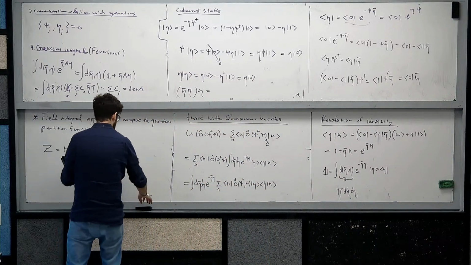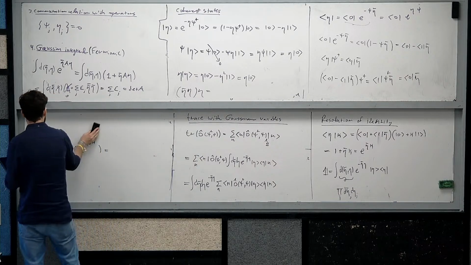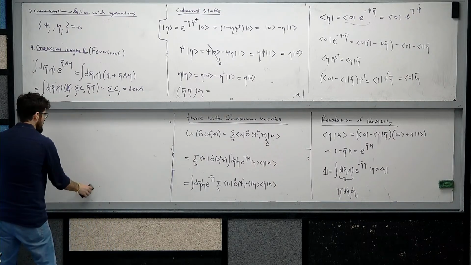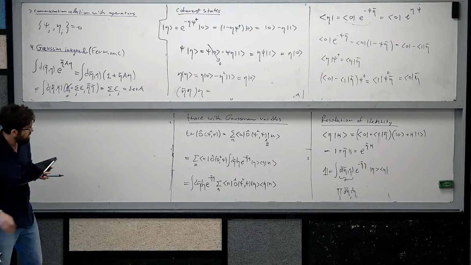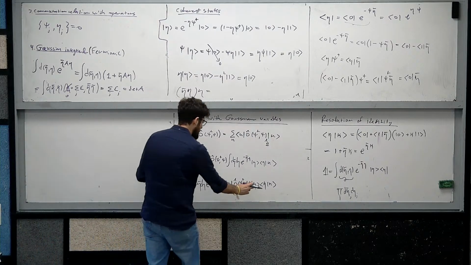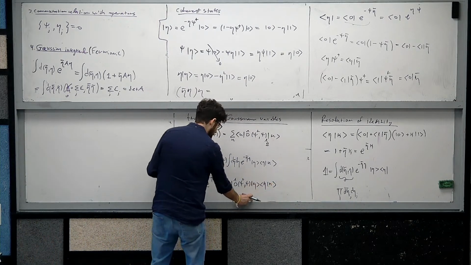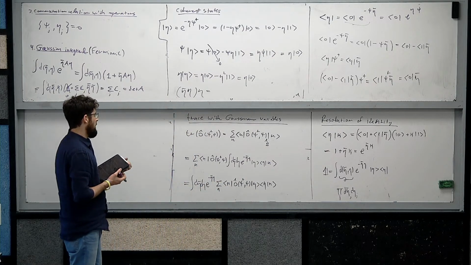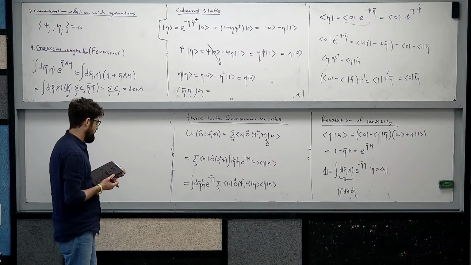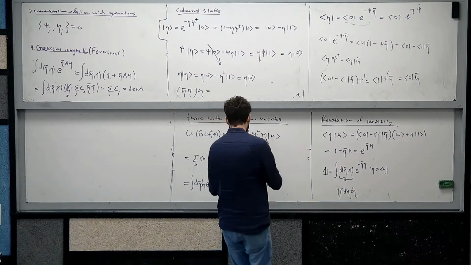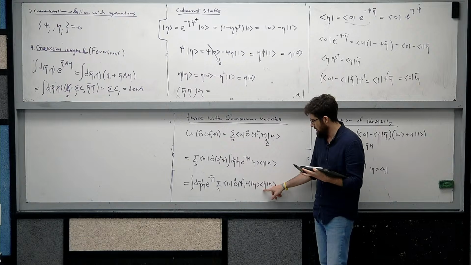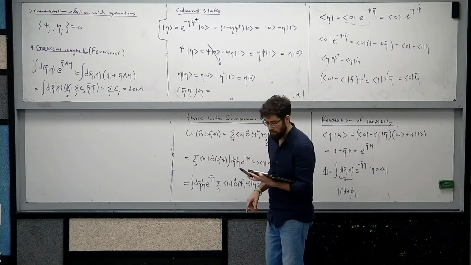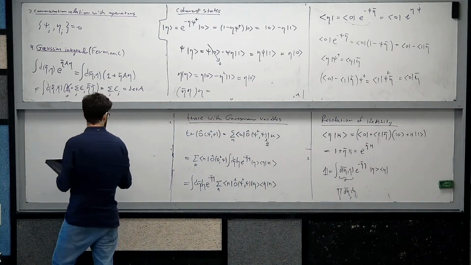So let me erase this for a moment. We'll do it later. Now what I want to do is take this all the way to the other side such that I have an identity. But when I do that, I actually need to interchange this eta with that eta. So what I want to argue is that